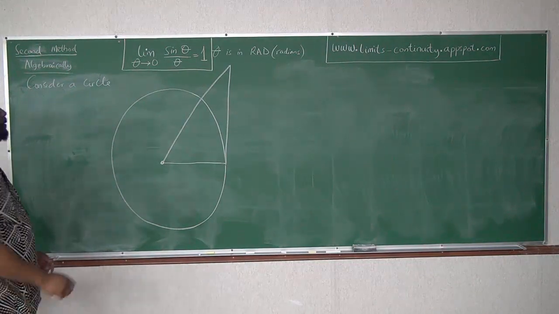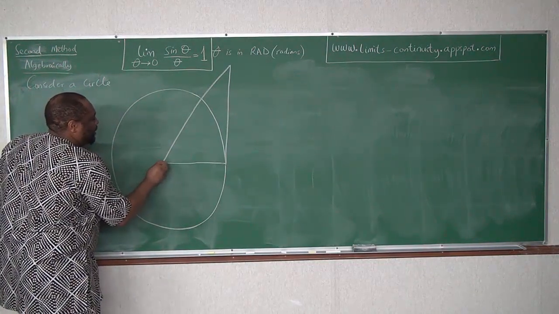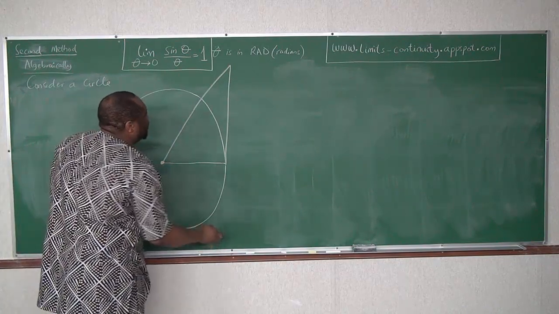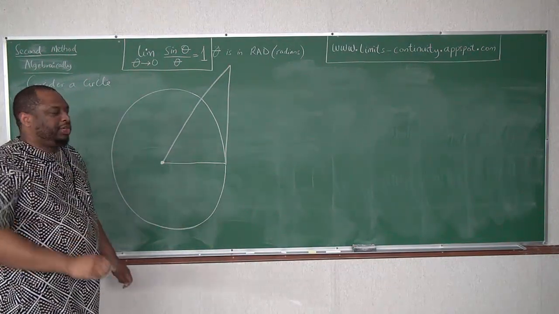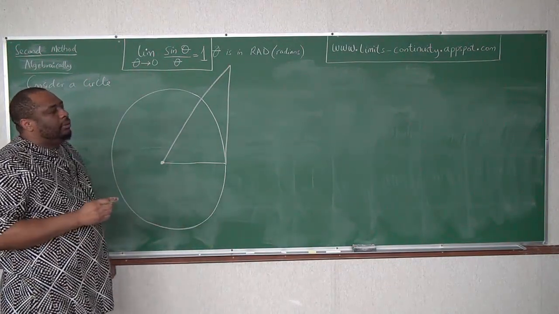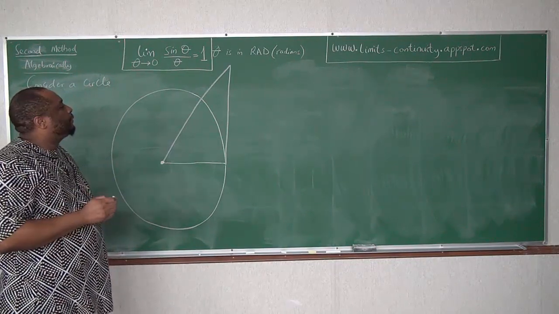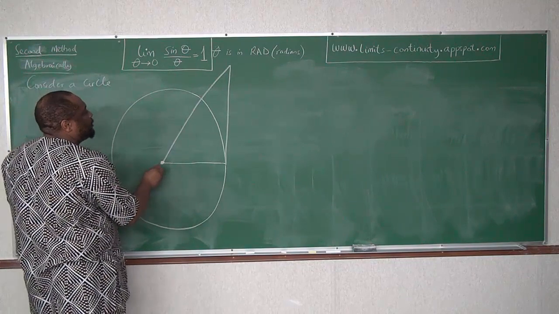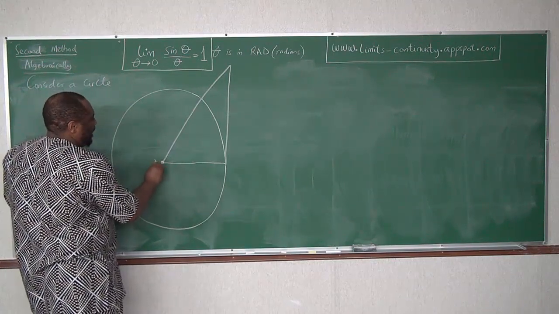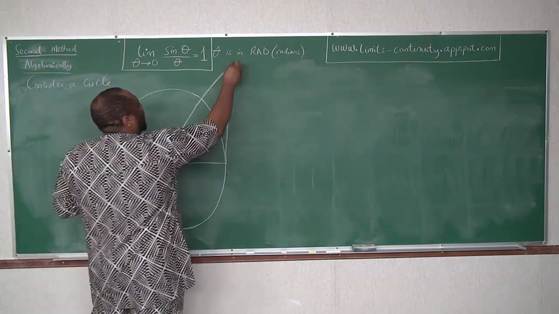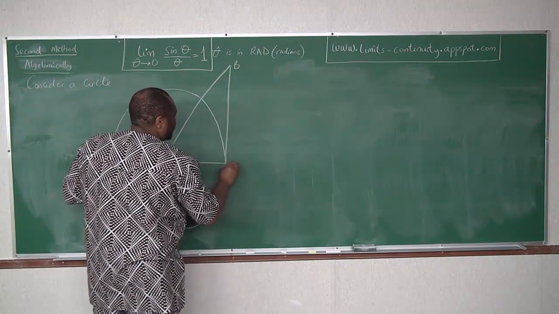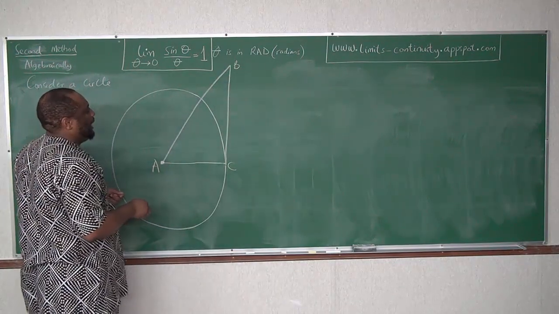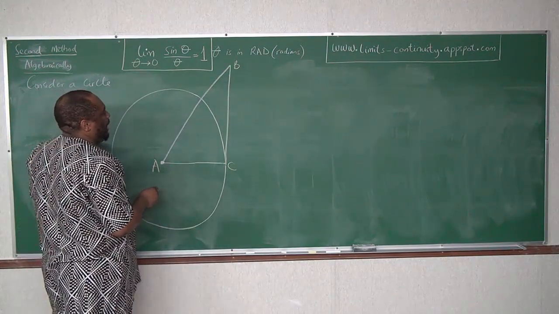Okay? So center, I will use yellow chalk to label this. So we have this triangle. Let me call this A, B, C. Then I have